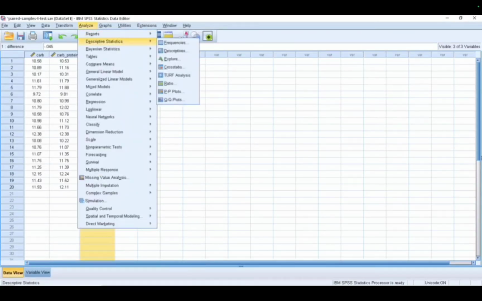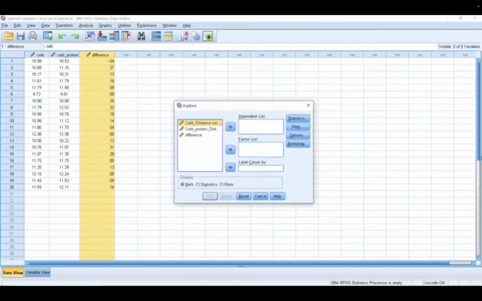We are now ready to check the analyze. We will go to analyze, descriptive statistics, and then explore. We're going to click the difference.